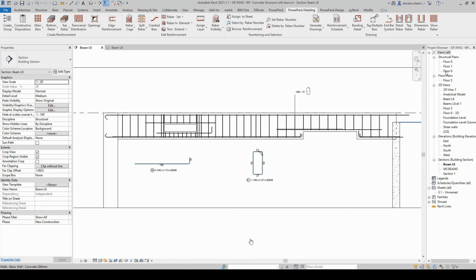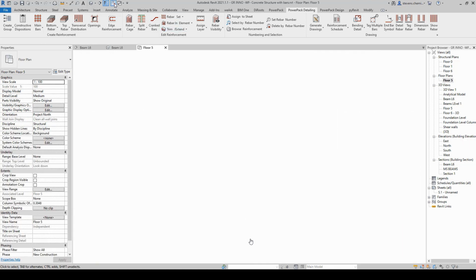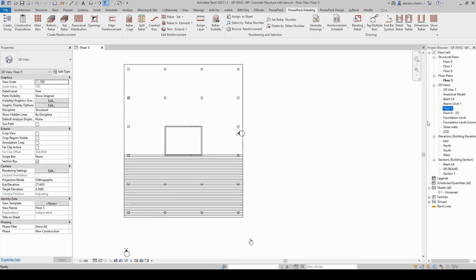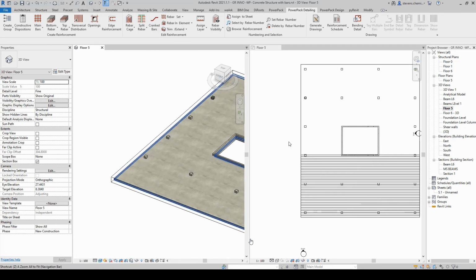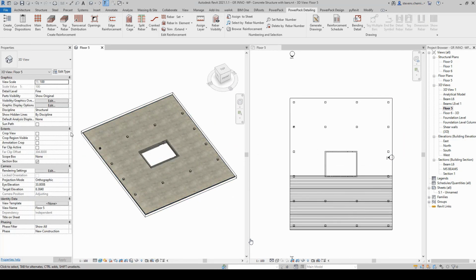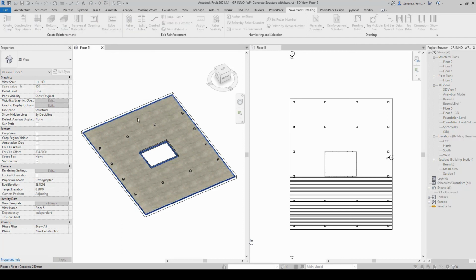So next, possibilities relative to another structural family in Revit, slabs. If we open, for example, this view, we have a slab module inside Revit. So it's another specific interface we developed for slabs. By the way, it works for groups of slabs.